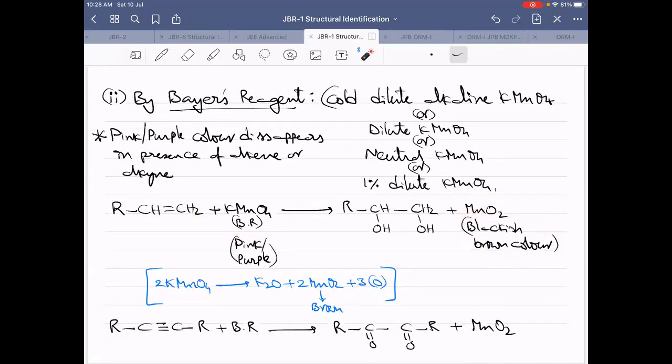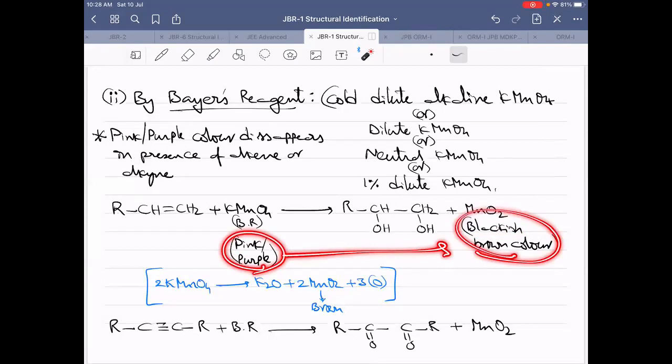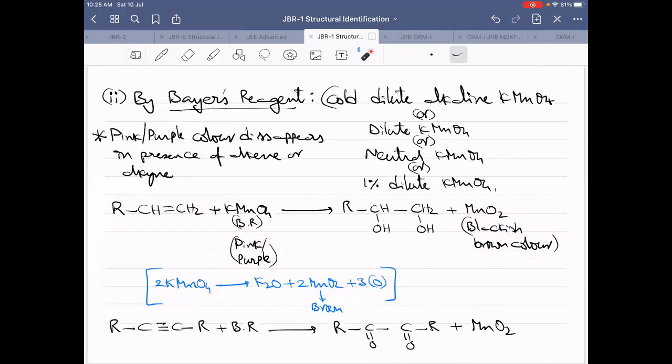That means the whole solution will become very dark in color, blackish brown colored. So that color change from pink or purple color to black brown indicates that yes, there is some unsaturated hydrocarbon like alkene,